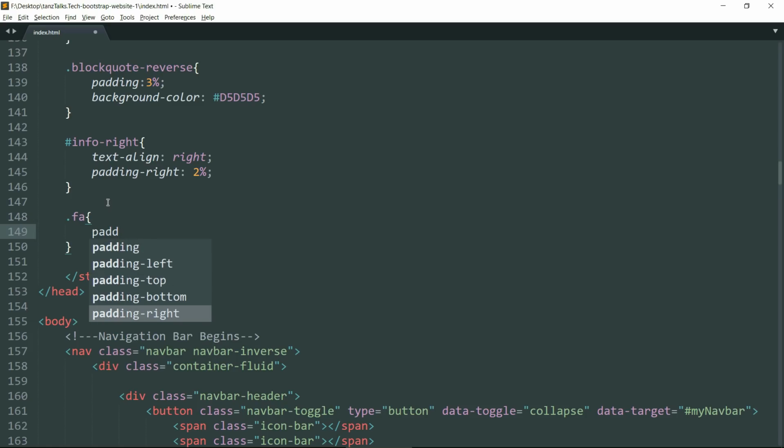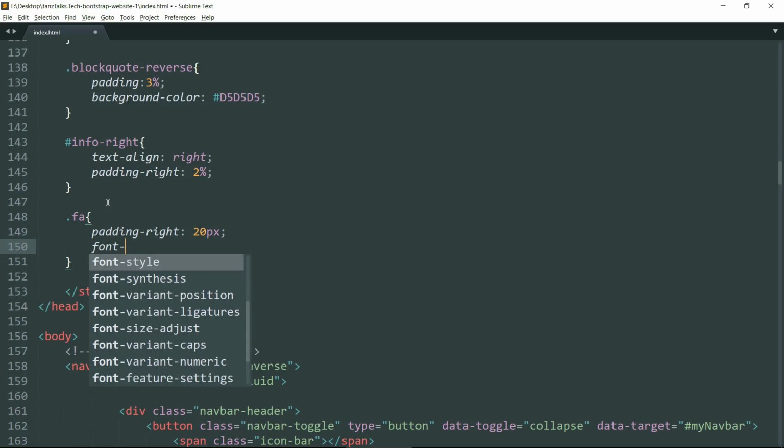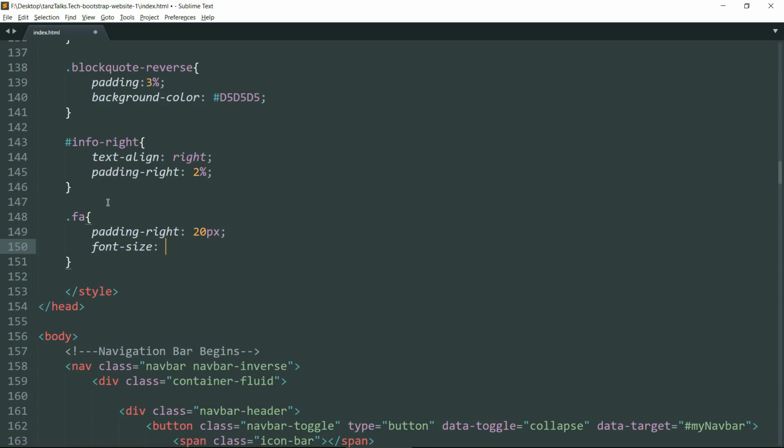Now let's give it a padding of 20 pixels. Then font-size as 30 pixels.